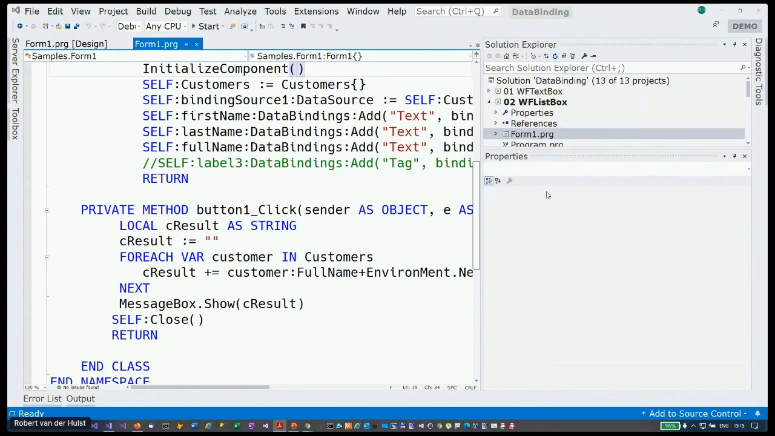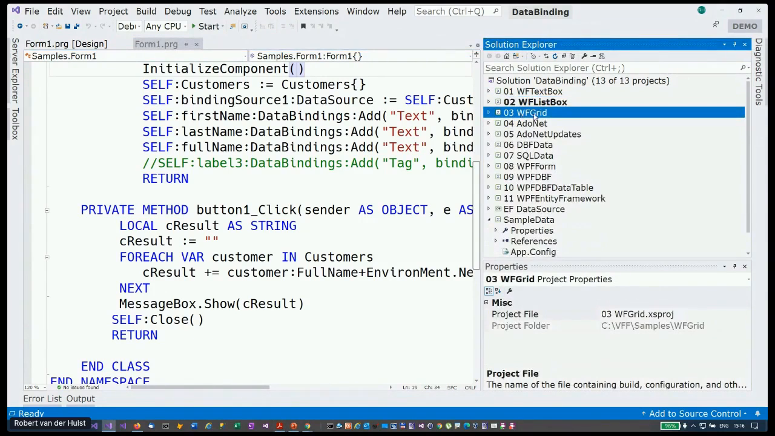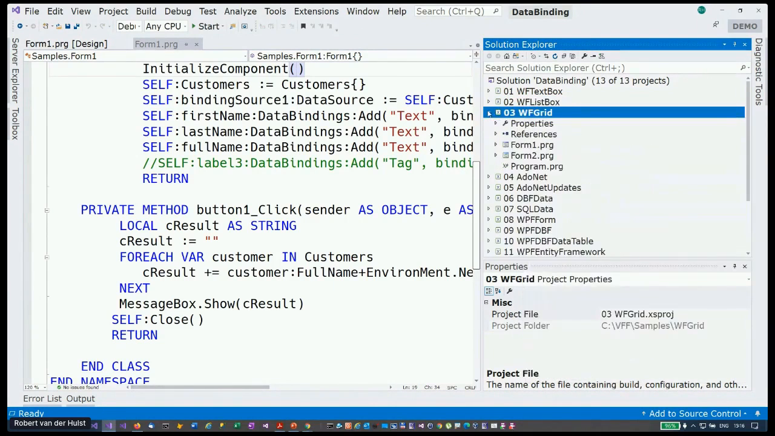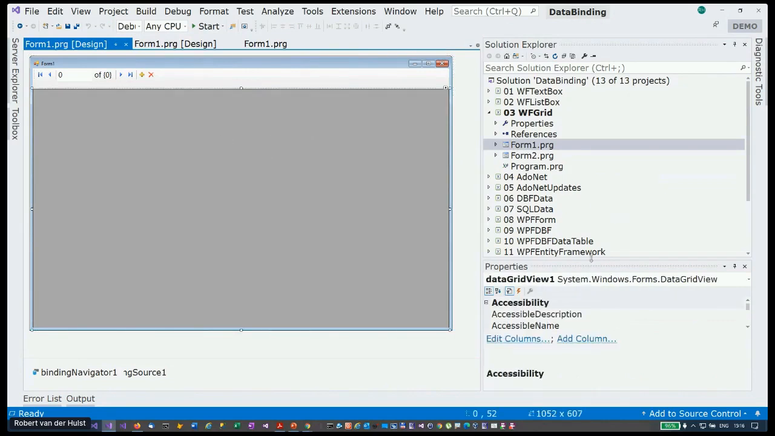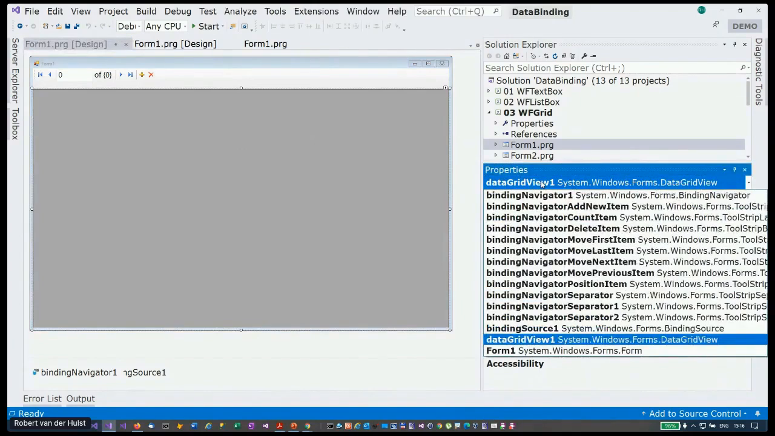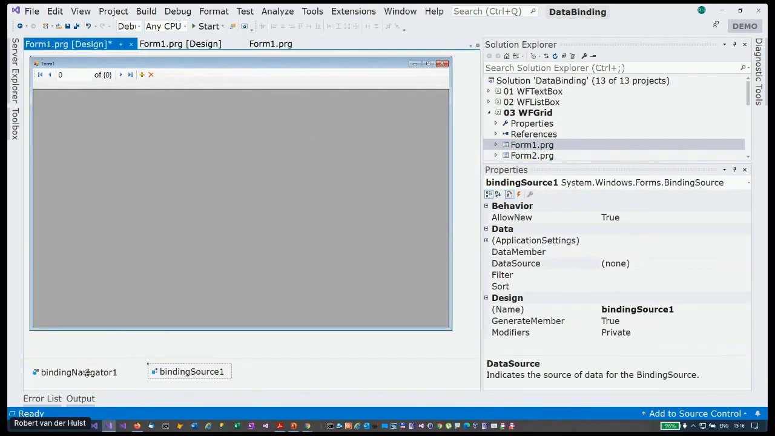Okay, what if you want to show more than one record, or in terms of FoxPro, what if you want to browse your data? My next sample is going to show you how to browse data. I've created a form now which has a grid view. It was called a DataGridView. It has a binding navigator, which is this element on the top, which we also see because part of the binding navigator is what we call visual. These are the buttons over here, and the other part is non-visual. And we have a